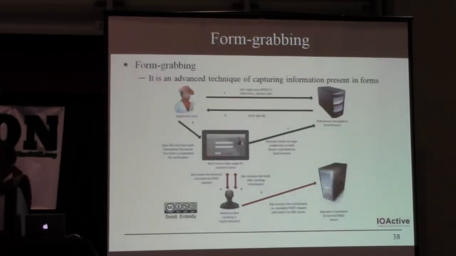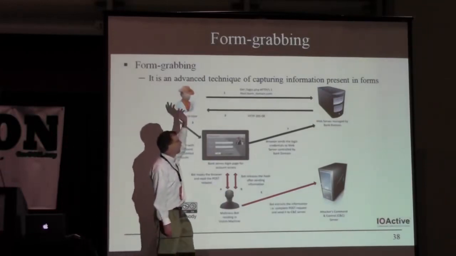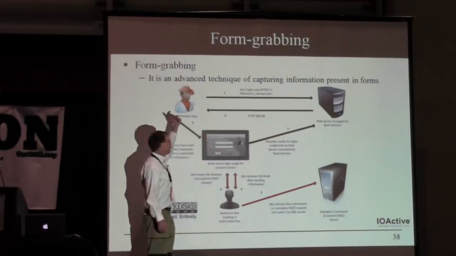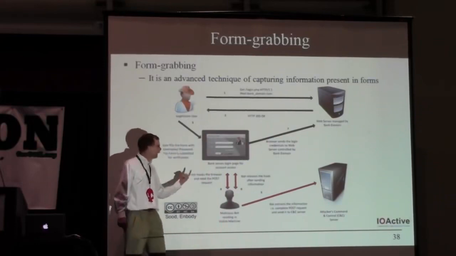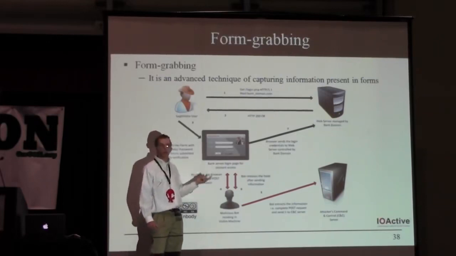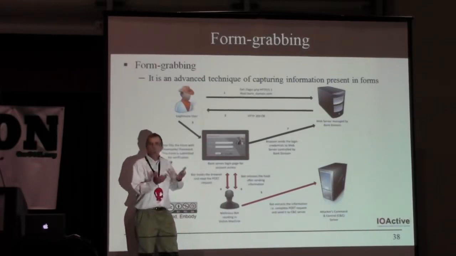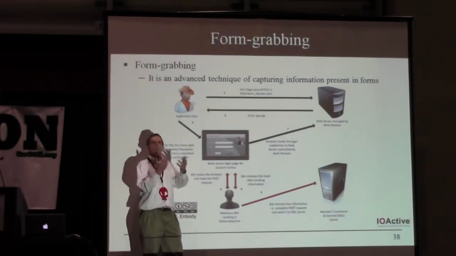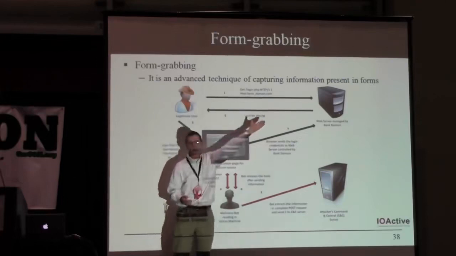We're going to talk about form grabbing. Here's the process in a little more detail. I've got my user. They send a request to the server, it comes back, and they start to fill in the forms. At that point, there's a post, and what will happen is I will have hooked into one of the functions that's processing that. That will allow me to look at the form, grab the data, and ship it off to my server. At that point, I will release the hook. It goes back to the normal handling of the form with the post, and then that goes off to the server,